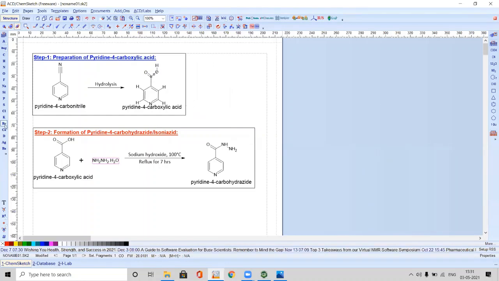If time permits, we will see any other useful information that is present in this based on your syllabus. As of now, for the experiments that were given in your syllabus, using this chemical structure drawing software, we need to learn how to draw the chemical structure and how to draw the chemical reaction.